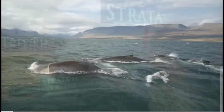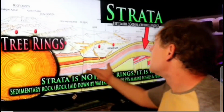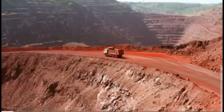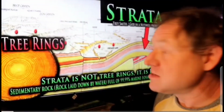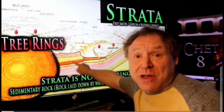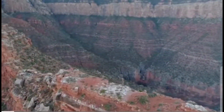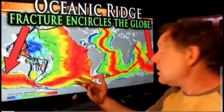that the entire surface of the ground and all of those layers of strata are made of sedimentary rock, a word which actually means rock laid down by water, and those layers of strata cover the entire surface of the earth. Commonly, they're compared to tree rings, university level. I would point out, as I have repeatedly, that these are not tree rings. It's dirt under there. Accordingly, I would argue that the entire underneath of the ocean is encircled like a seam on a baseball,